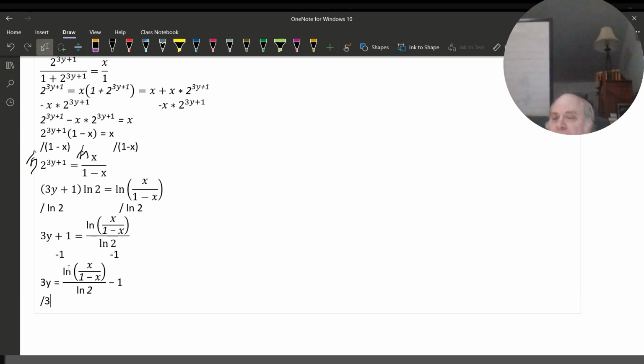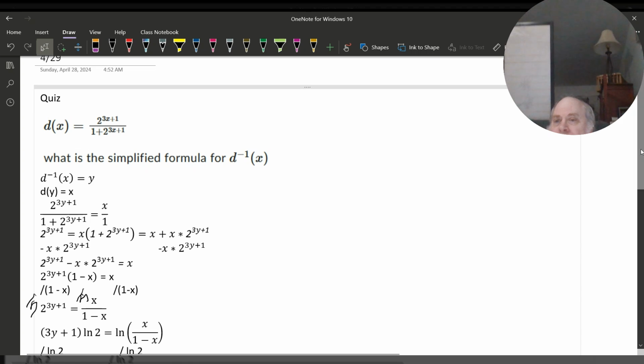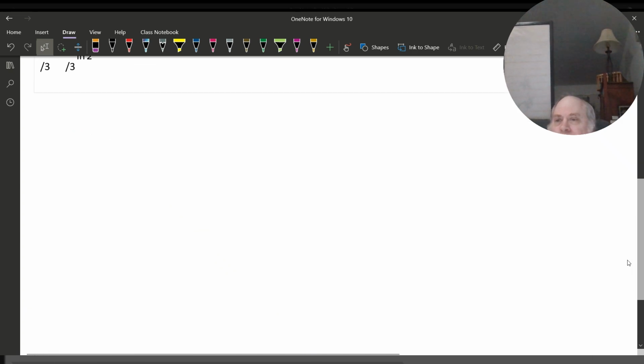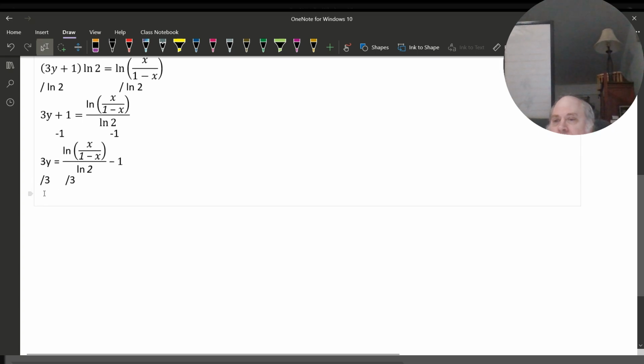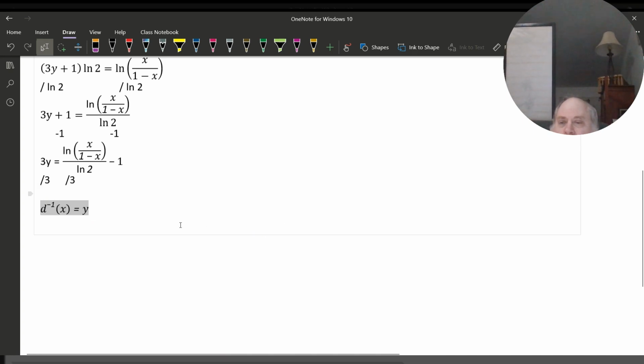And then we'll divide both sides by 3. And that's going to give me the answer, which is d to the negative 1 of x equals y, which is going to equal